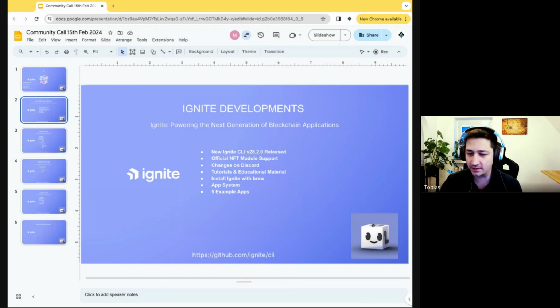We are doubling down this year on community building. So we have made a lot of changes on our Discord. Feel free to join the Discord and start chatting about developments, about questions you have, about the ecosystem in general. What is Cosmos? How does it work? How do modules and the modular design of the Cosmos SDK work? How does the whole ecosystem of IBC work? So feel free to chat about all these things, and there are no stupid questions. Come in and talk with us about all these topics. We are excited, so we love to talk about these things.